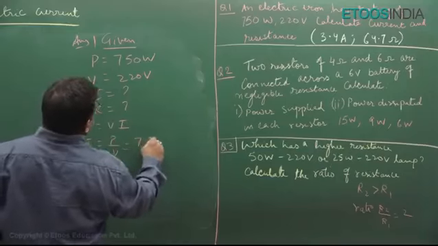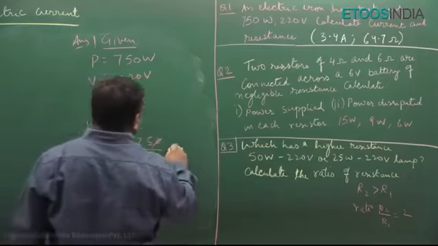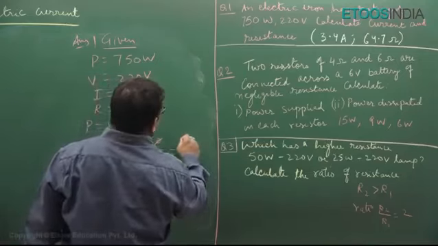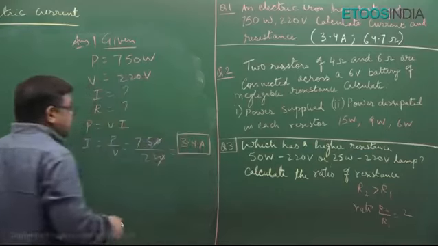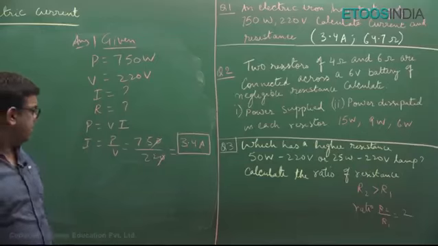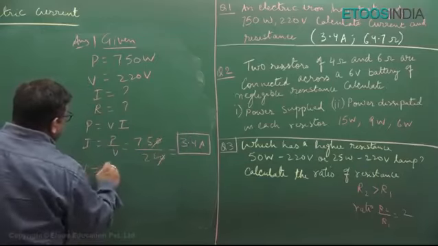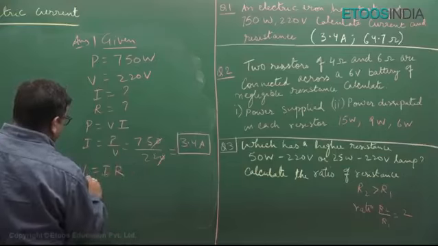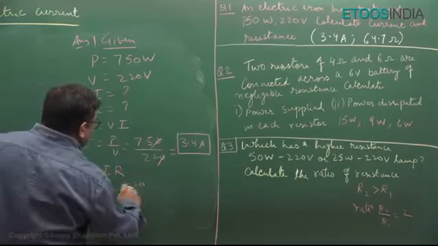Value of P is 750 upon 220. When we cancel out each other, the answer comes out to be 3.4 ampere. Got it? Now, for finding out the resistance, we know that V is equal to IR, or R is equal to V upon I. So, 220 upon,